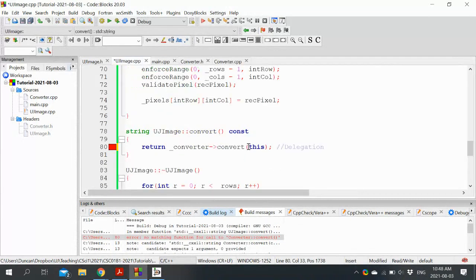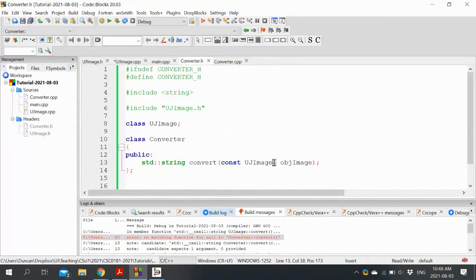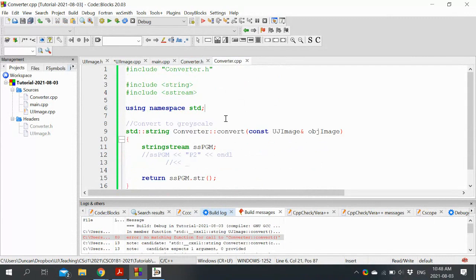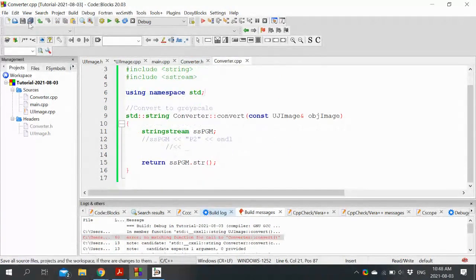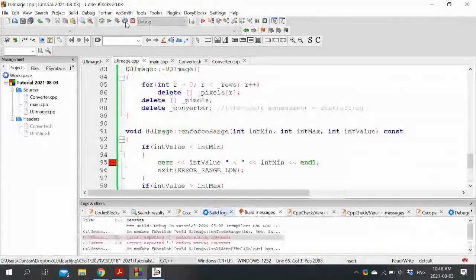So how do I convert from a pointer to a value? You simply dereference ourselves. So basically what this is saying is pass myself not as a pointer, actually automatically take me as a reference instead, and then carry on from there. So hopefully this will at least compile now.